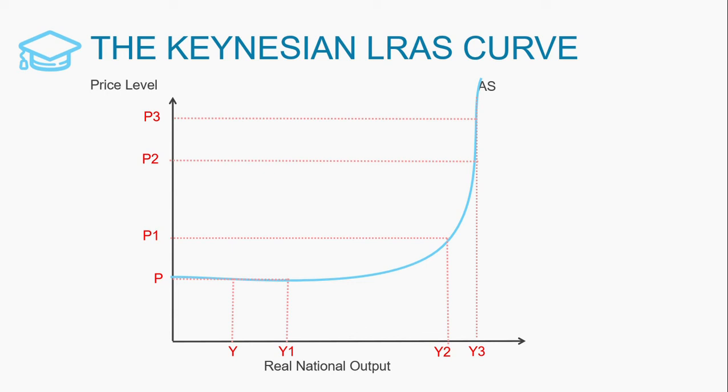The curve is vertical at the point where the economy reaches full capacity, shown by Y3. Aggregate supply is perfectly inelastic at this point. Resources are fully employed, so output can't increase anymore, even when price increases from P2 to P3. So there is inflation without economic growth. When AD shifts from this point,